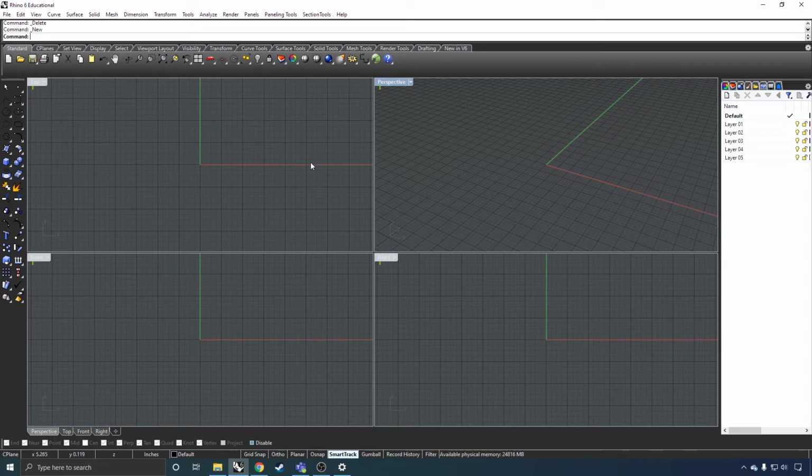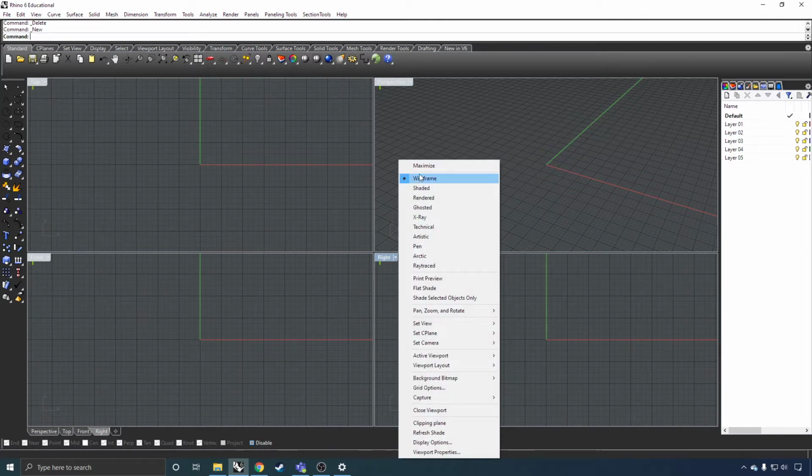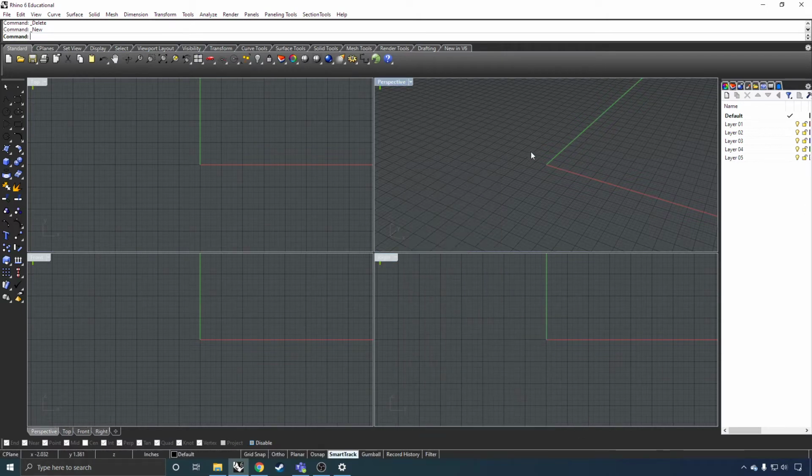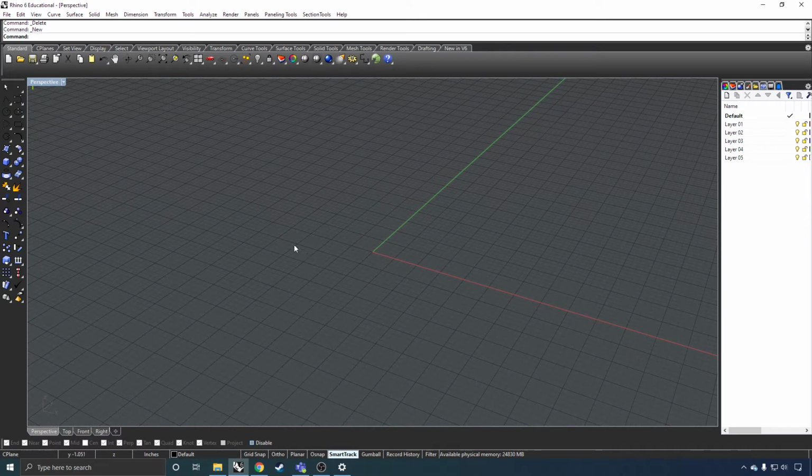For many of you, if you're used to working in Revit or some other 3D modelers, you may only be used to looking at a perspective mode. Here we have a top, front, perspective, and right. You can change these by just going here and clicking in, going to set view to different ones. But if you only want to view one of these, just double click on it and it will pop up